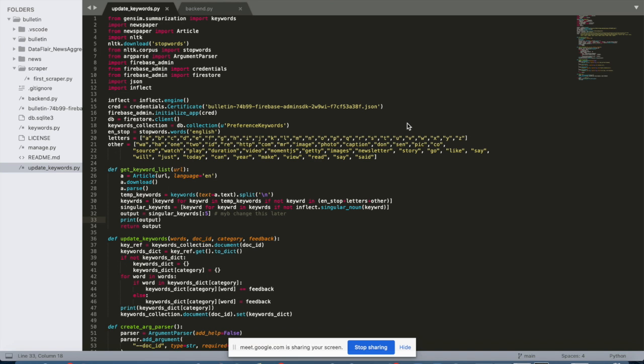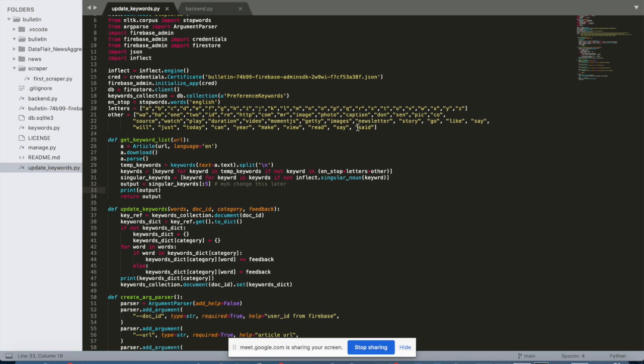Now, how we actually use those API calls you just saw in the back end to determine how the user gets recommended articles. As you can see here in the code, we first filter out all the letters and then common words so that the articles aren't skewed by just random uses in any type of article. And then we get these keywords using term frequency inverse document frequency, which is a numerical statistic that's intended to reflect how important a word is to an article.